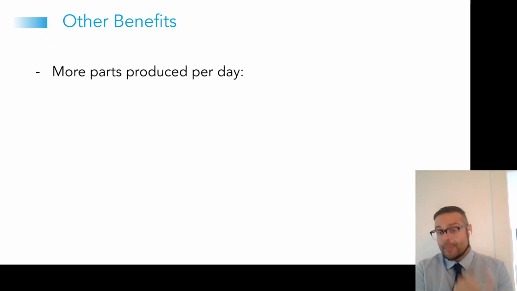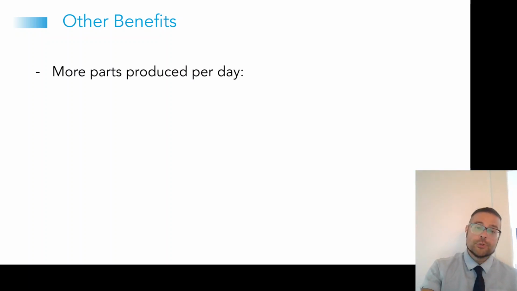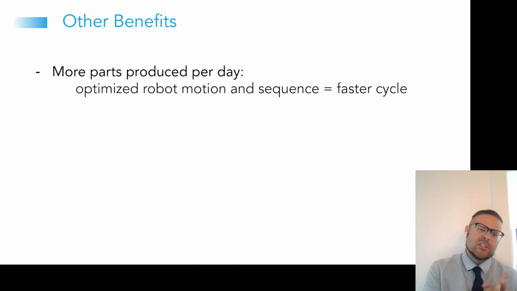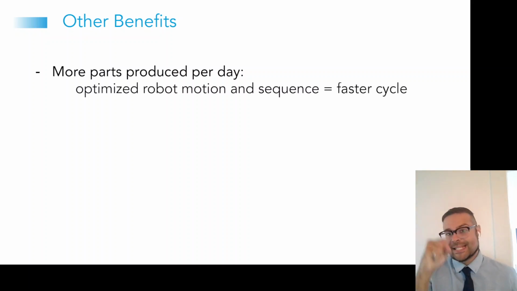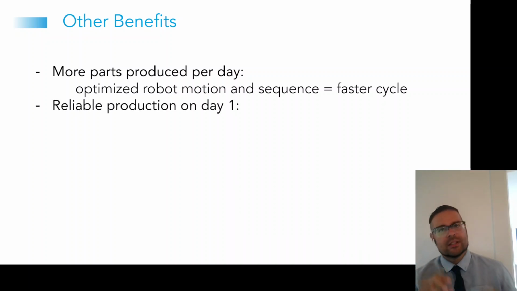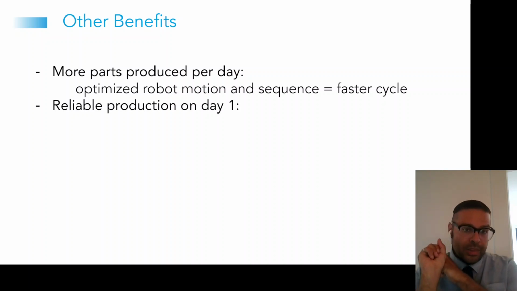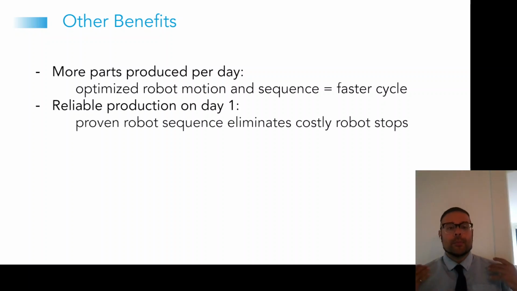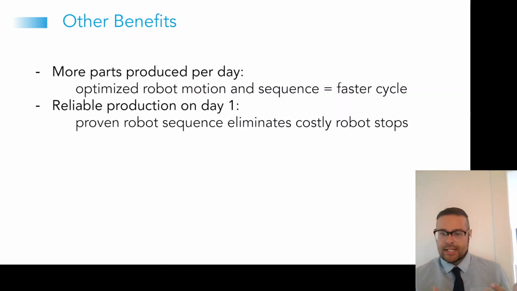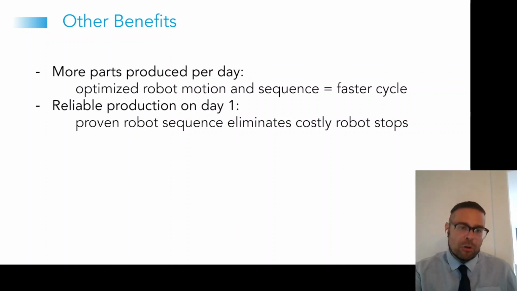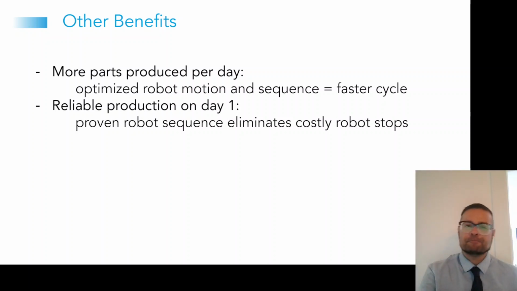Now, if we look at other benefits, there's more parts produced per day because the robot motion and sequence is faster, it's optimized compared with just standard waypoints. It's reliable from day one. The proven robot sequence eliminates all of the robot stops. As soon as you press play, it runs and it runs efficiently. It won't stop, it won't fall in singularity. There's a lot of double checks that are made in the robot motions,